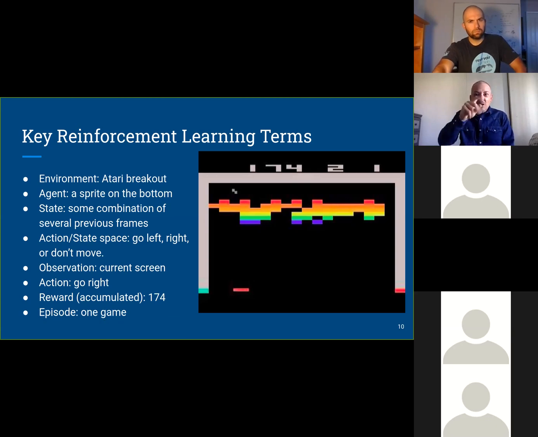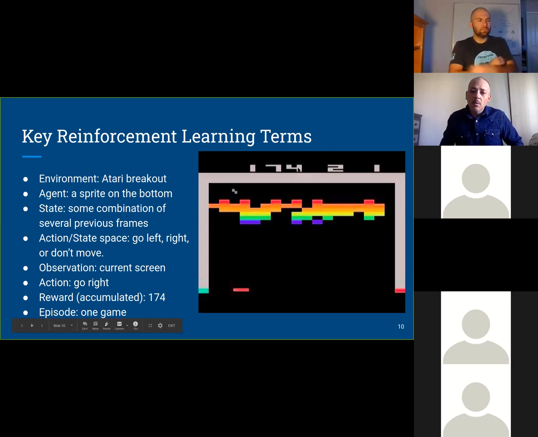We'll tell it where to move, either left, right, or do something else. The action is something the model gives us as an output right now at this current frame. So, for example, the right, and the reward here is, for example, this thing on the top. Actually, this one is an in-game representation of reward, and it's not necessarily something that we want to give